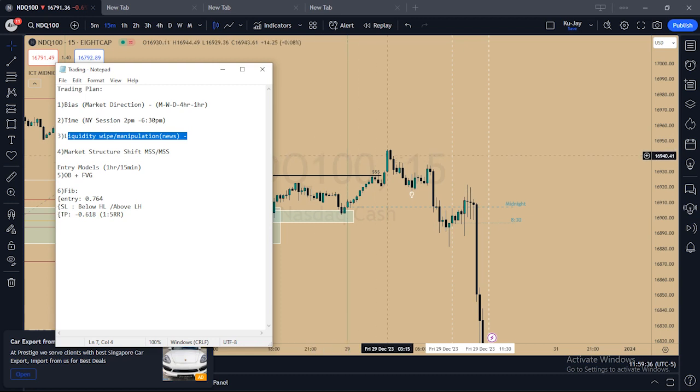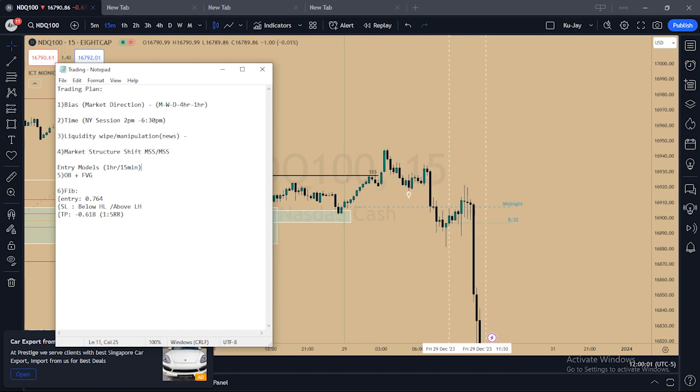That's why I don't trade the London session, because I'll be waiting for more liquidity swipes during the session. If I don't see a liquidity swipe during the London session, I'm waiting for the New York session to give me a liquidity swipe during the news. Then there was the market structure shift, which I think was towards the end of the London session. Actually, it was after the London session.